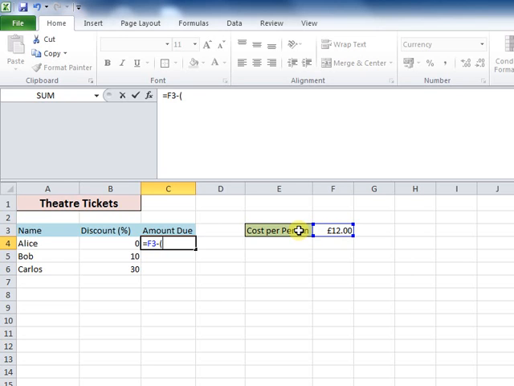Now the value of the discount is going to be the total amount of the cost of the ticket, so click again on that cell, multiplied by the discount, and we use the percent symbol to show that we're doing this as a percent, and then we close our brackets there to make our formula. So as Alice is receiving a discount of 0%, that's the same as saying she has to pay the full